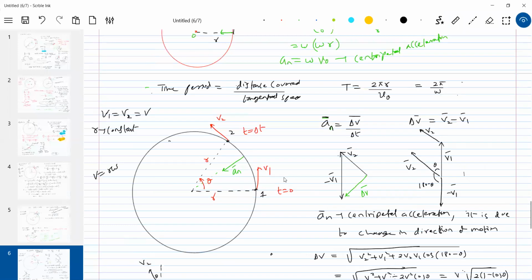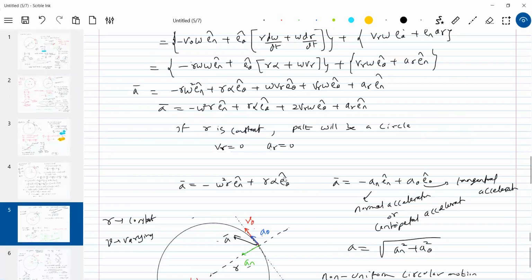Can you remember here? Look at this. There is one acceleration which is directed towards the center. This is the central acceleration. If v is constant, then omega is constant, alpha is 0. If r is constant, these quantities will be 0. So only if a particle moves with a constant speed, there will be one acceleration called